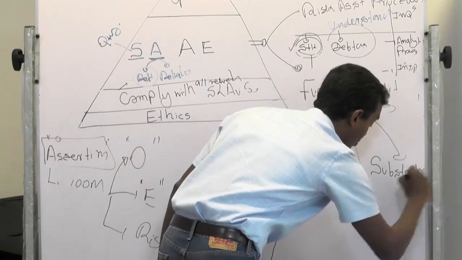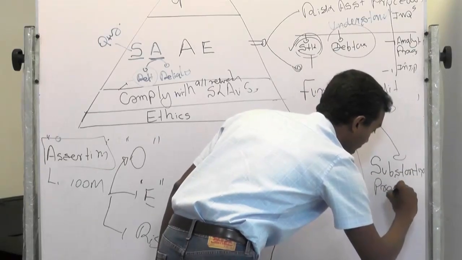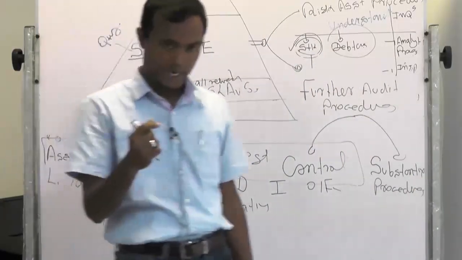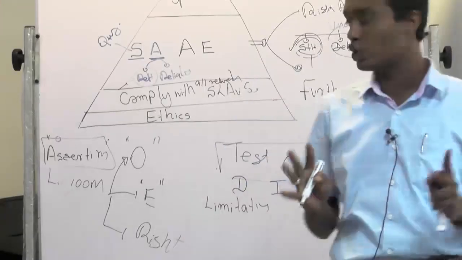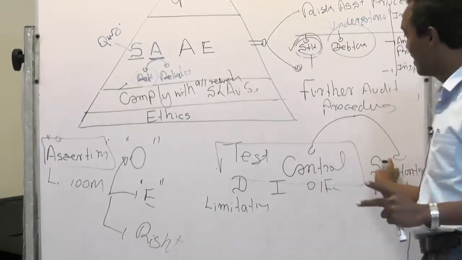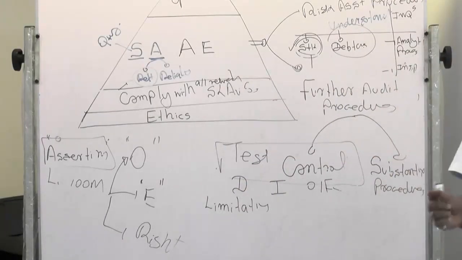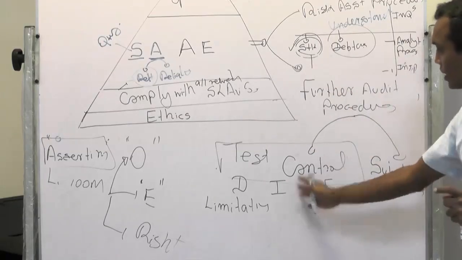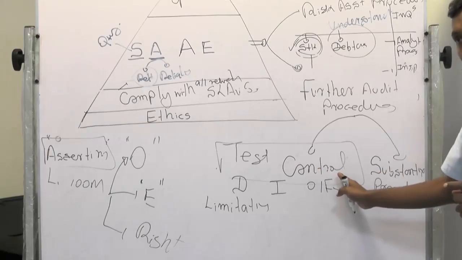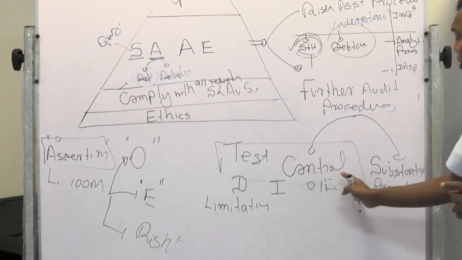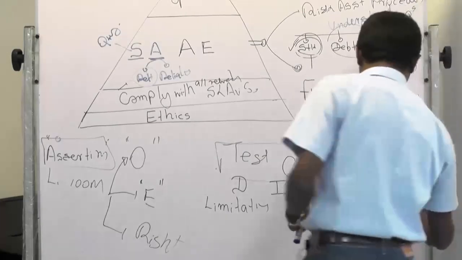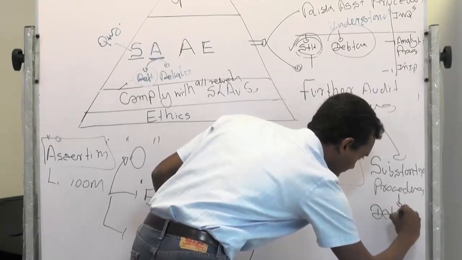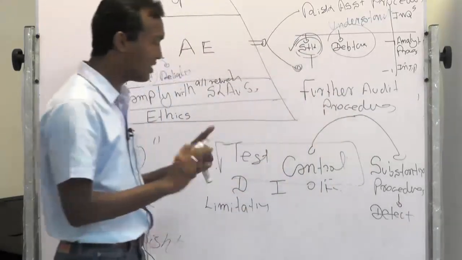So please write down a very important word, and I challenge you that you cannot answer this question properly if I ask you in this way: what's the difference between test of control and substantive procedure? You can give various explanations, but the essential difference is that test of control is to know whether control is working, right? It's a conclusion, working or not. But substantive procedure, I can write in one word, is to detect the misstatement. It's more detective, that's the answer.